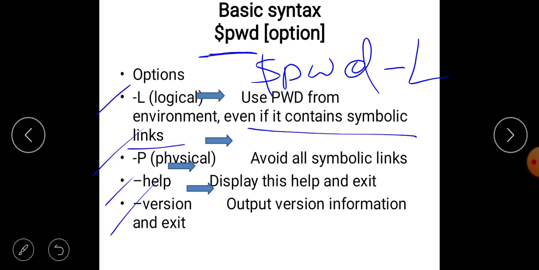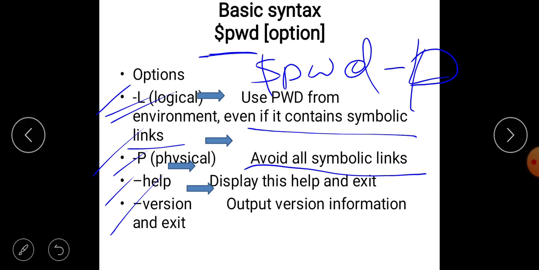In some paths you can get a symbolic link, and that will be printed using minus L. Next, the minus P option indicates avoid all symbolic links.